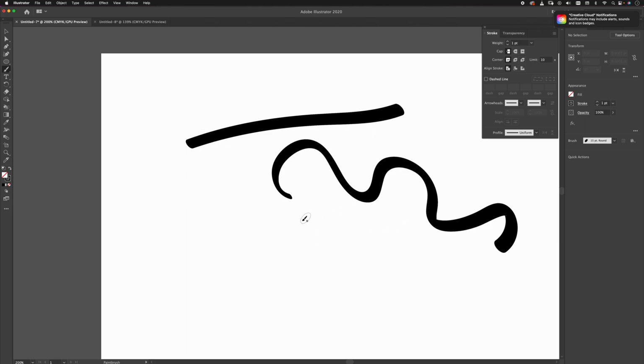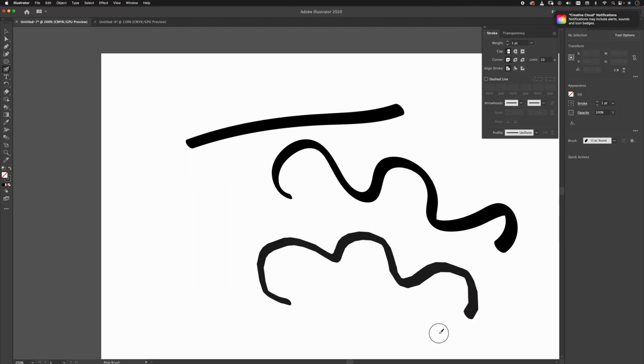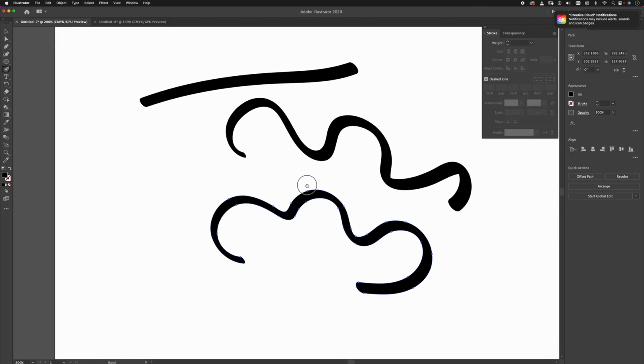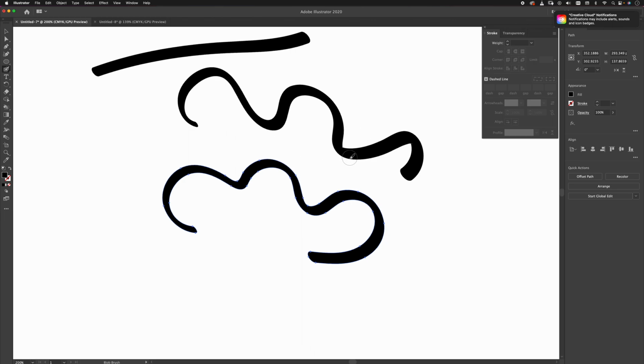Alright, let's call that whatever it is, and let's go back to our blob brush, and I'm going to create something fairly similar like so. Alright, so above is the brush tool, the other one is the blob brush tool, and I'm going to grab my